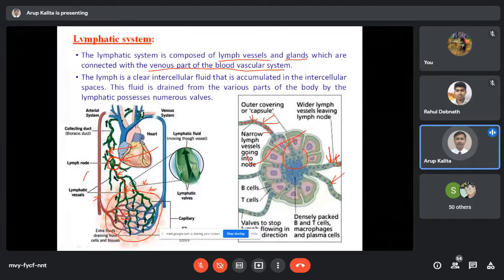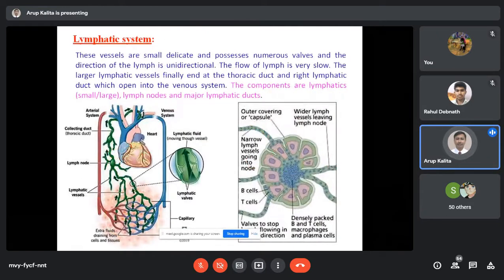Now here in this photograph, you see the afferent lymphatic vessels, and this is the efferent lymphatic vessel for this lymph node. When the lymph comes, it carries the lymphocytes, and these lymphocytes will be distributed in the peripheral region, in this tissue. Once the lymphocytes are distributed, there will be fewer lymphocytes present in the lymph.